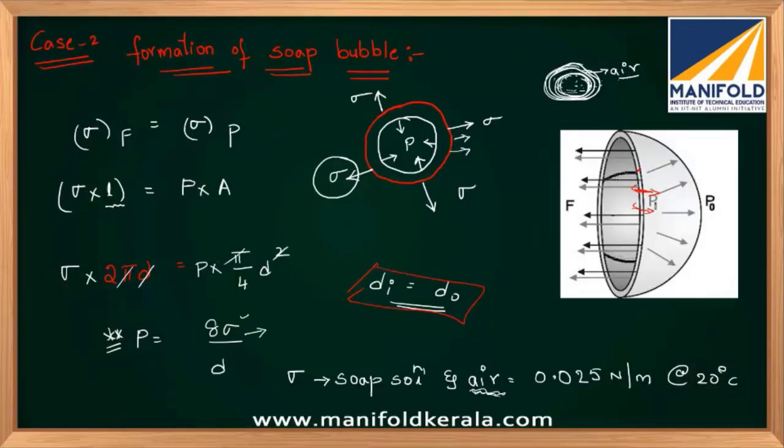Inside the soap bubble, you don't have any surface tension. You have pressure itself. That's it. Because all the inside material is soap water only, soap molecules only. No other molecules are there. Again, I'm telling you, the thickness of the two different layers is very, very small. Outer is air, inside is well mixed soap water. So we get the surface tension only at the outside. Inside, all the molecules are cohesive and there is always uniform behavior. Outside only, due to the different interface, you will have surface tension.